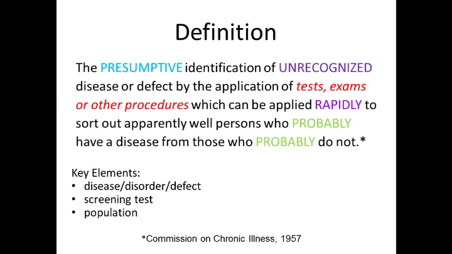So I'm performing a test rapidly on apparently well persons. I assume that all the 10 students sitting in front of me are well, and I may find that a few students have a higher blood sugar level as compared to others. So I would put those who have a relatively high level of blood sugar in the category of those who